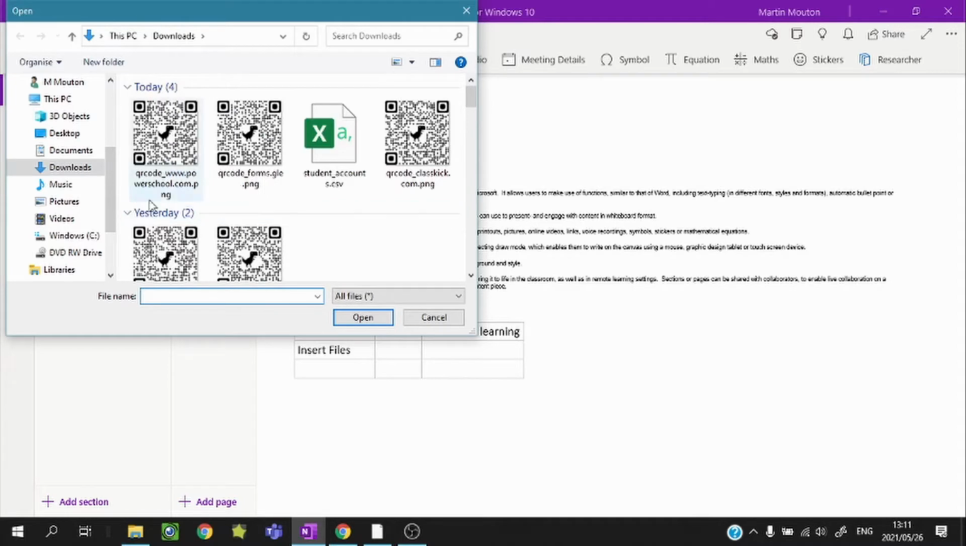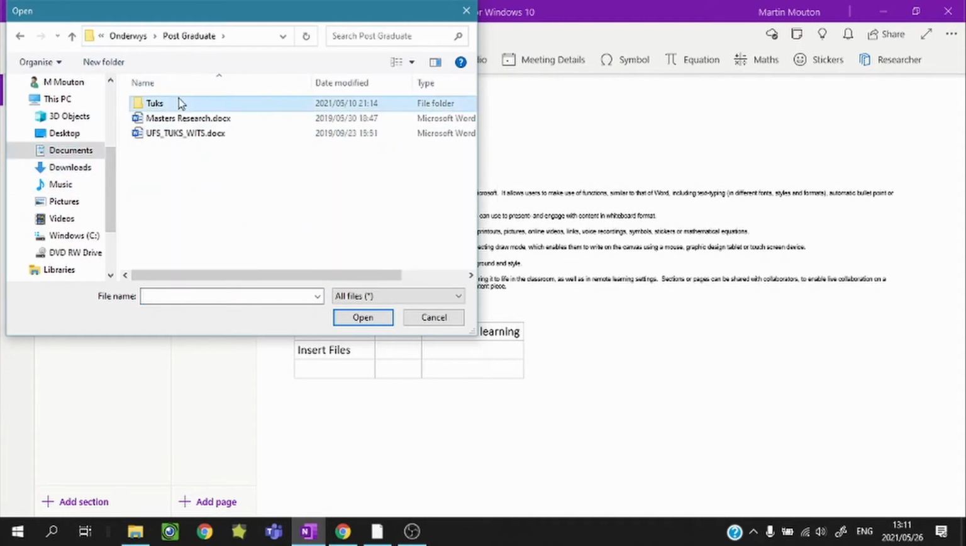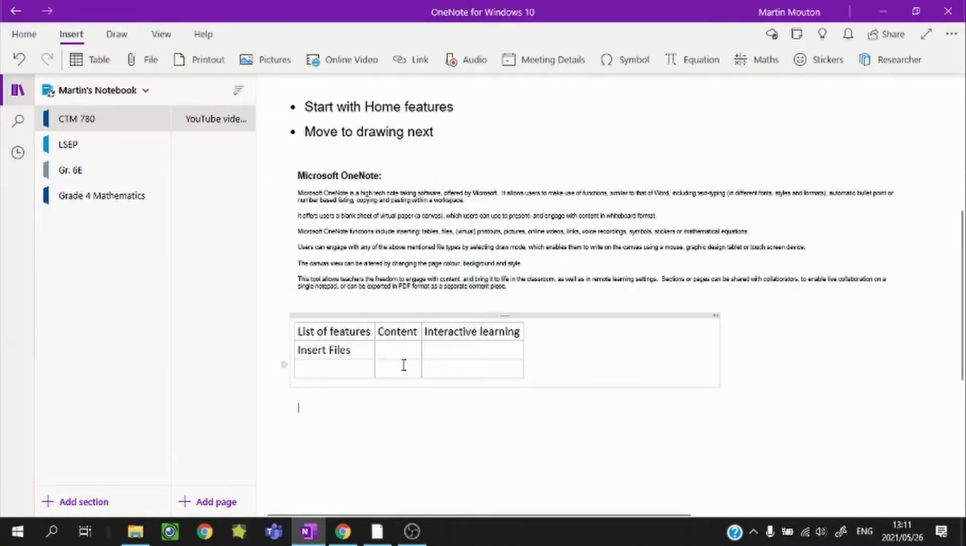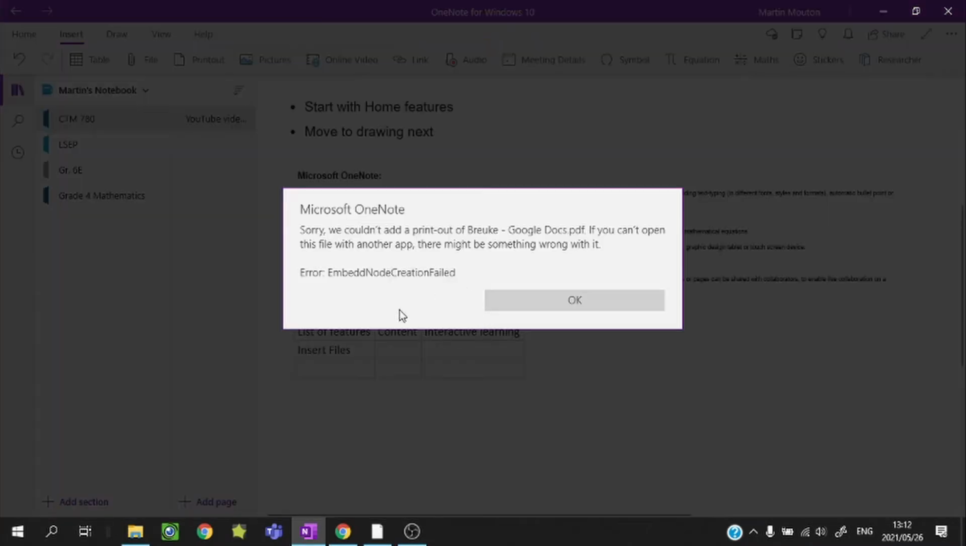Let's say I want to insert, let me just quickly get, yeah, there you go. I want to insert a document on this canvas as a file. So I can either say insert as a printout, a OneDrive link, or as an attachment. If you insert it as an attachment, you'll be redirected to a different page. So it'll basically open the document on your computer. What I like doing is to just,